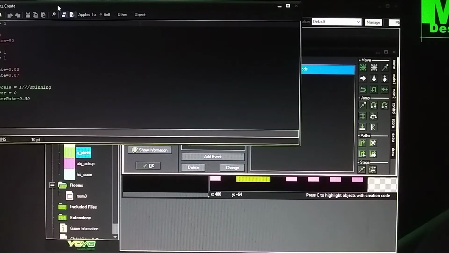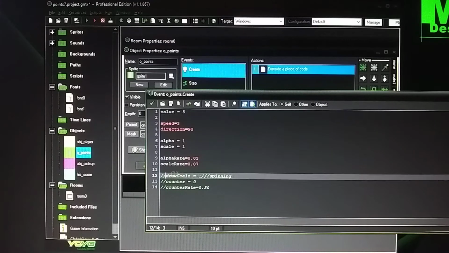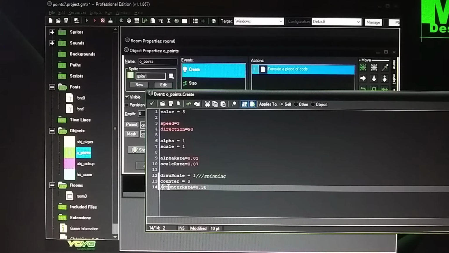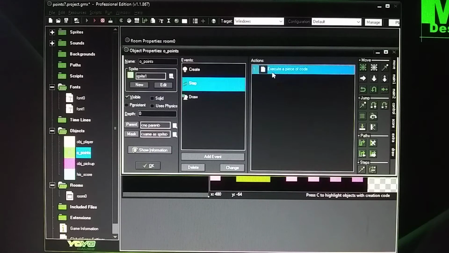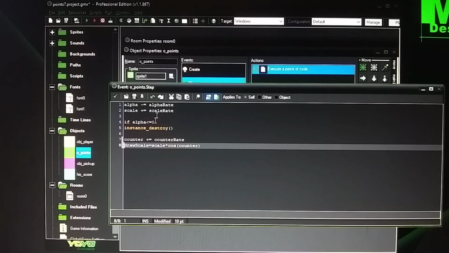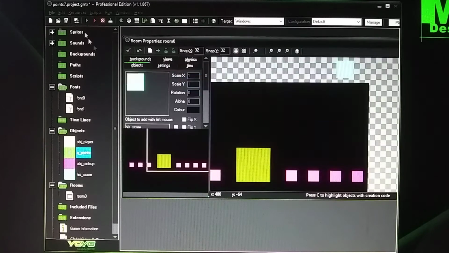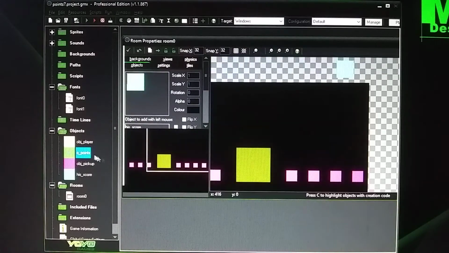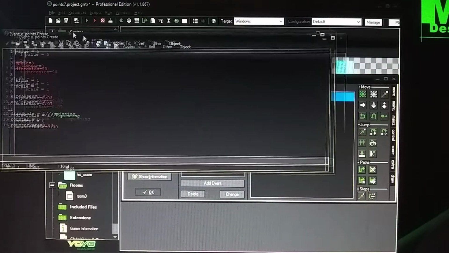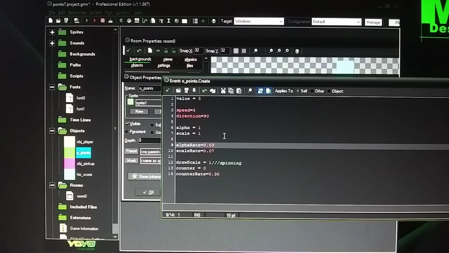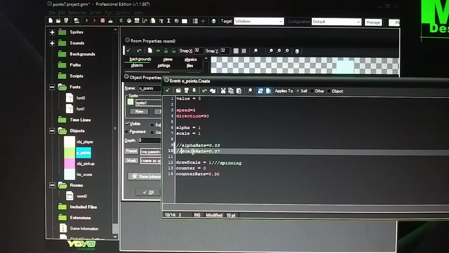So I grayed out this information right here. If I take out the slashes, it makes everything visible. Leave this slash in there because I'm just explaining the spin. Take this out. I think that's it. I might not have to mess with any of this. Let me see what happens. Okay, still not working. I think you have to take out this alpha rate and